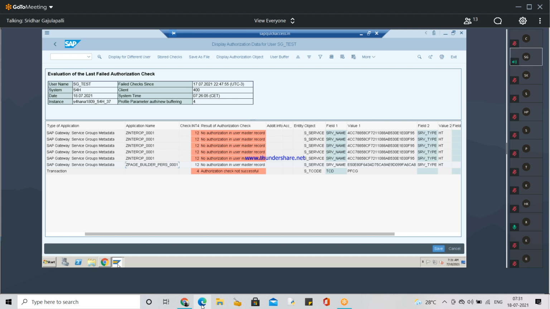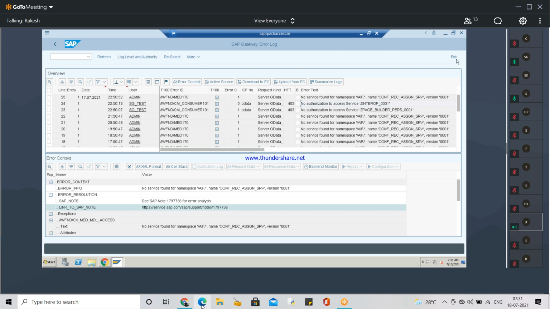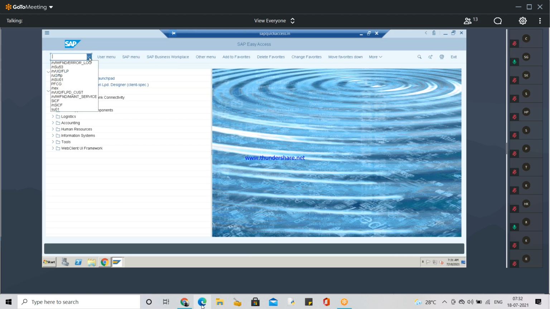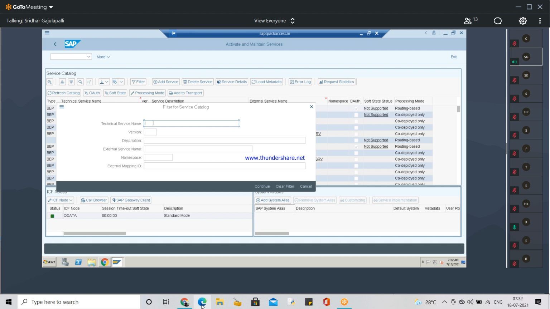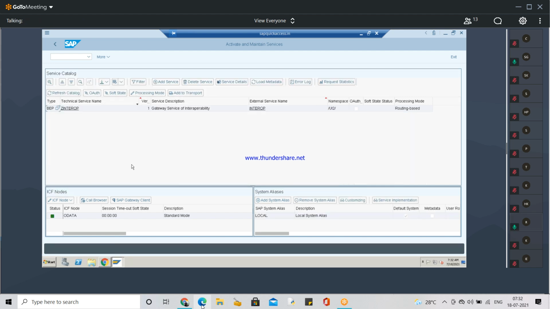Okay, let me show you. Let me search the T code. What is the T code to search the OData service, all of you? /IWFND/MAINT_SERVICE, maintain service T code. Let us go there. And then we will search with the filter. I'm typing interop here. So this is the standard one, right? Yesterday also we have seen, if you remember,